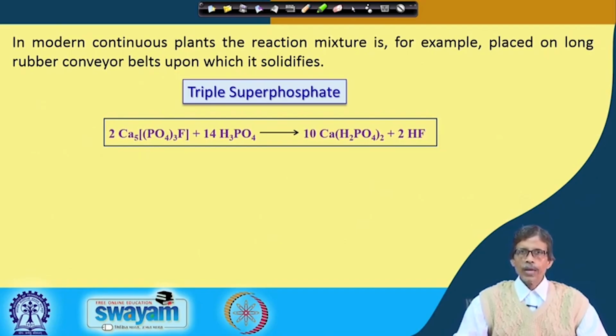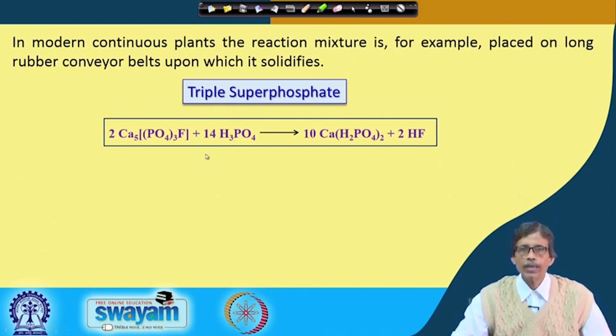So, that can be removed as a simple calcium sulfate material, but if we try to retain the entire phosphate what is available in the fluorapatite as the typical phosphate material. So, the amount of that superphosphate, it is basically a superphosphate, and we consider it as a triple superphosphate, because the whole amount of the material is now retained as your calcium dihydrogen phosphate with the elimination of your